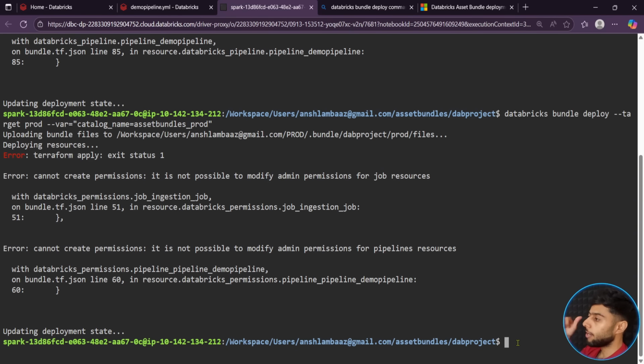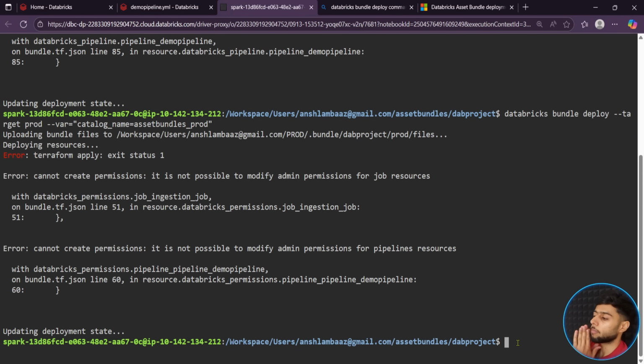First of all, it will destroy all the resources, all the files, all the source code. In short, it will destroy everything inside the dot bundle folder. It will basically truncate the dot bundle folder. The dot bundle folder will still be there, but it will be empty. That is one thing. Second thing is, it will destroy all the pipelines and all the jobs